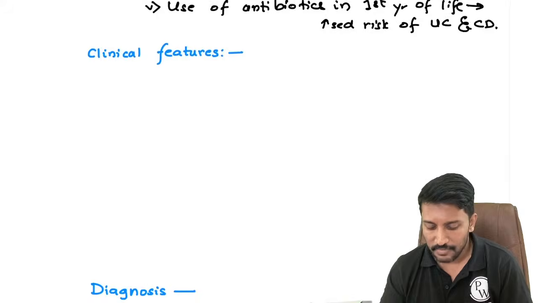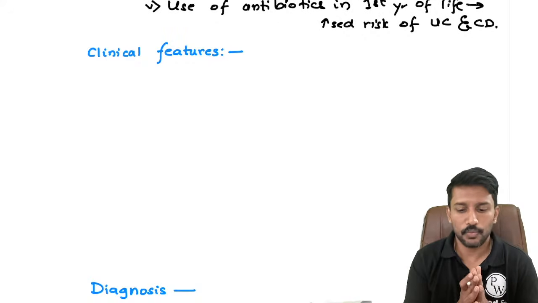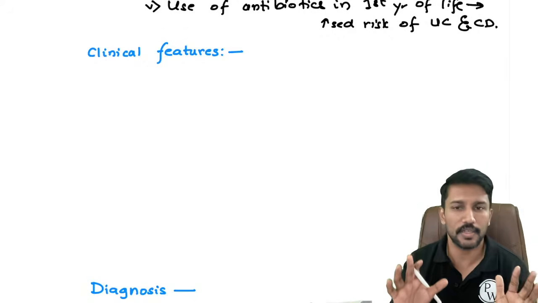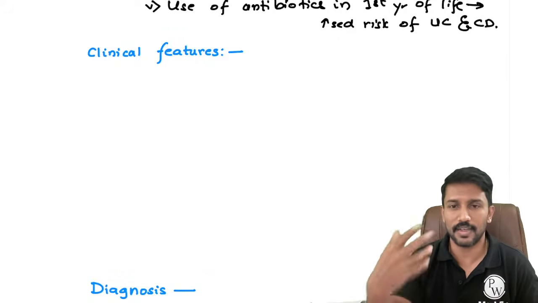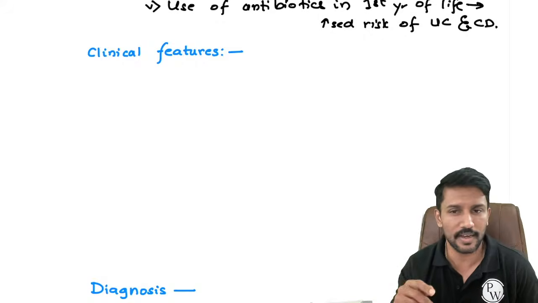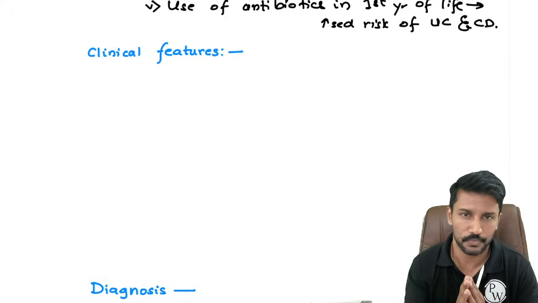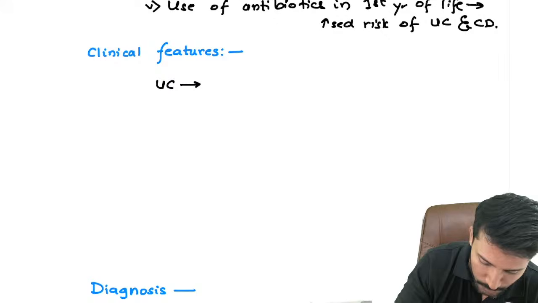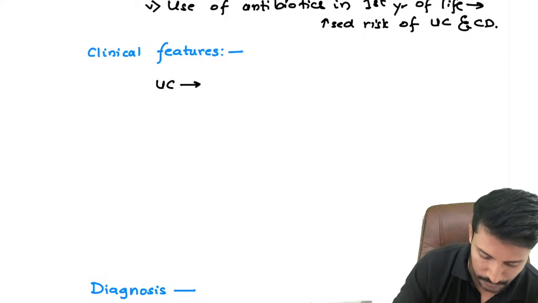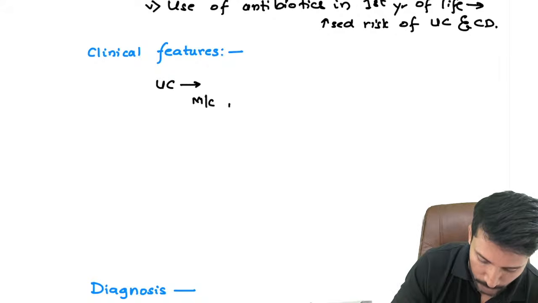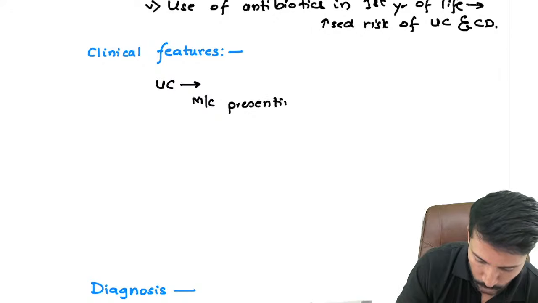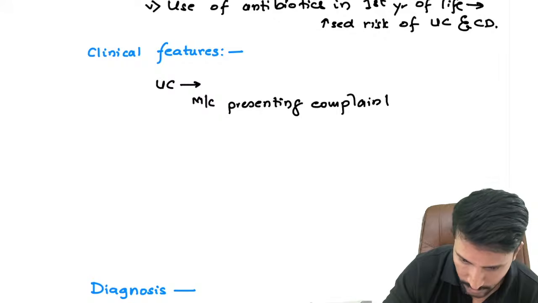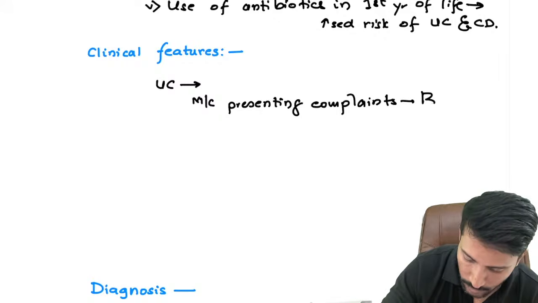After the epidemiology, we'll start with the clinical features, and the best way to represent ourselves on the paper is trying to compare ulcerative colitis and Crohn's disease side by side. So that way you're telling the examiner that I know the stuff more precisely and I'm not just bluffing. Okay. So in terms of clinical features, first let us mention ulcerative colitis patients. The most common presenting complaint is blood in stool, right? That is bloody diarrhea.